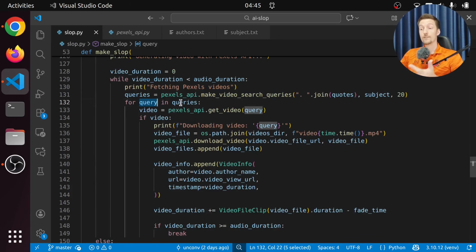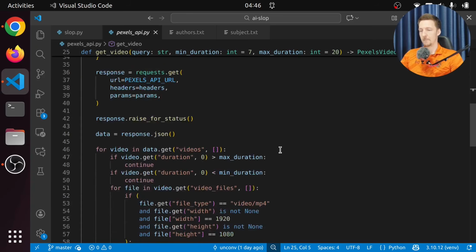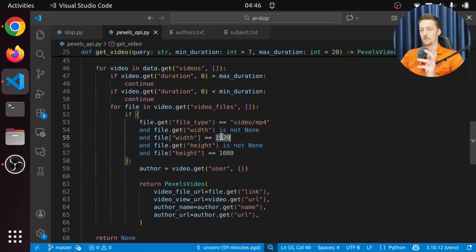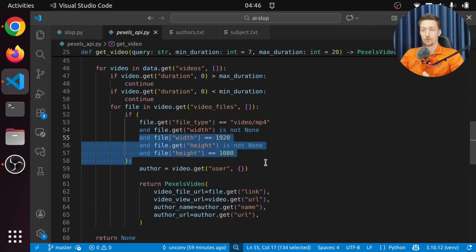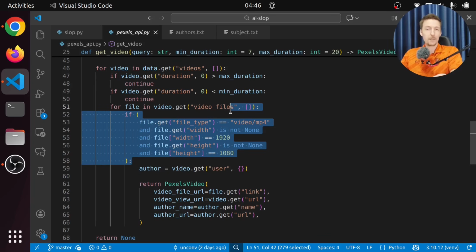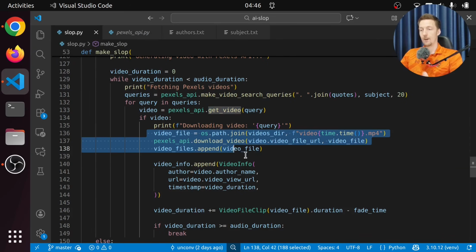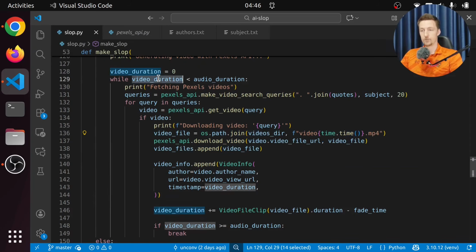So this just makes a bunch of queries. And then for each of the queries, we are going to get a video with that query. So this just connects to the Pexels API, and it will get the first video that matches that search query and also is 1920 by 1080 resolution. And really the reason why I use this exact resolution is that my computer is too slow to render the videos in a higher resolution, or it takes a very long time. Even with this, it takes like 20 minutes to render a 2-minute video. Anyway, it just keeps getting the videos and downloading the videos until we have enough videos for the full duration of the audio. So we can just fill the whole video with background videos.